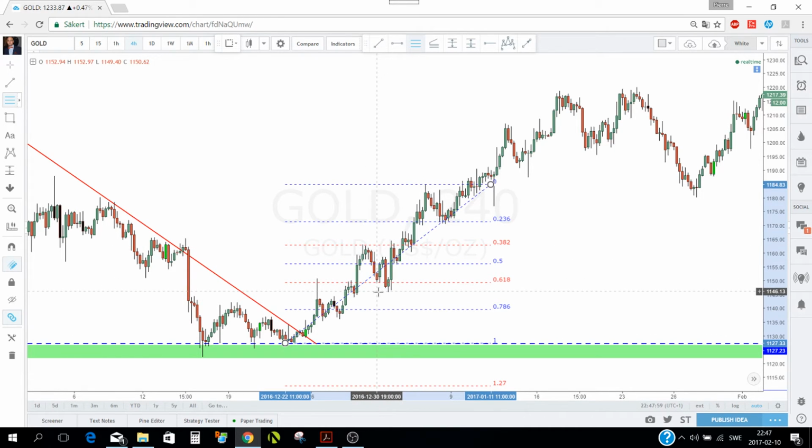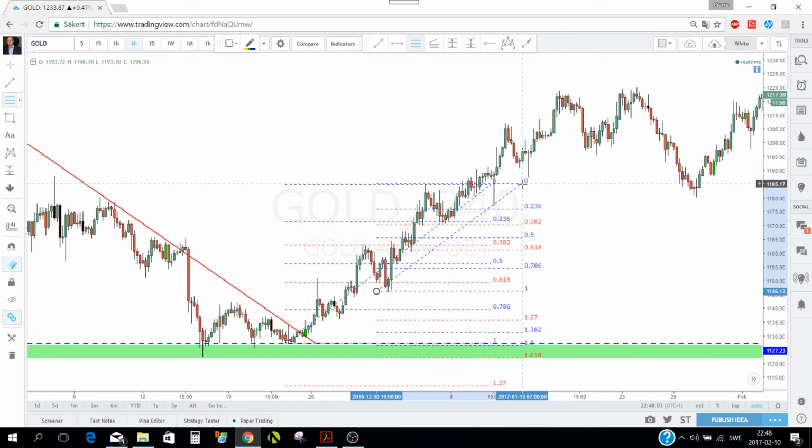I draw it also from this swing low to this swing high up here, to see if I have what many traders call a